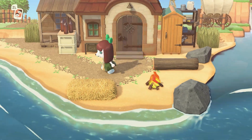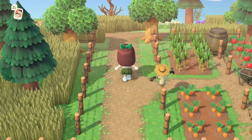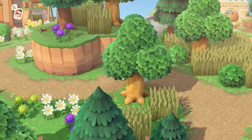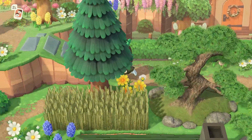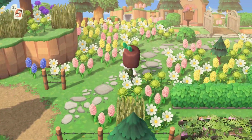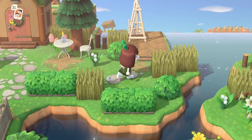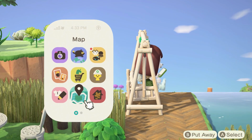Oh my goodness, guys, that is the conclusion of my island and visiting all of the villager homes. I hope you found inspiration. I hope you enjoyed this. Again, if you haven't had a chance to do so, check out my live stream event of the Hobbiton completion party. There we walk through all of Hobbiton. I explain in detail my thought process when it came to building this island and all the things that I